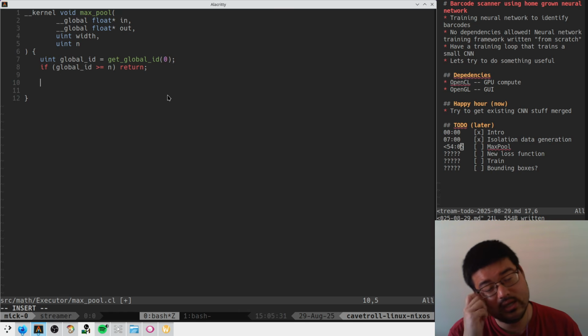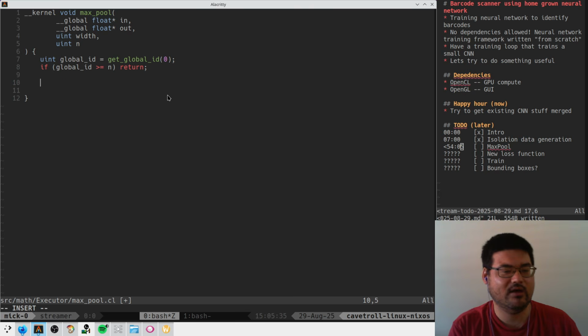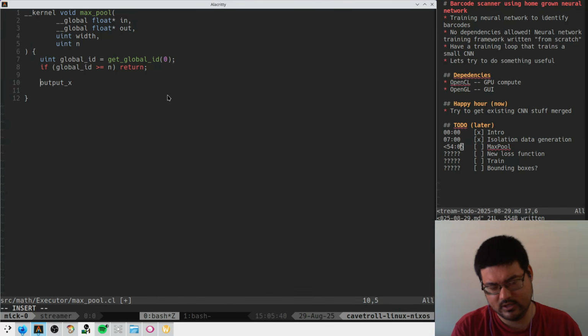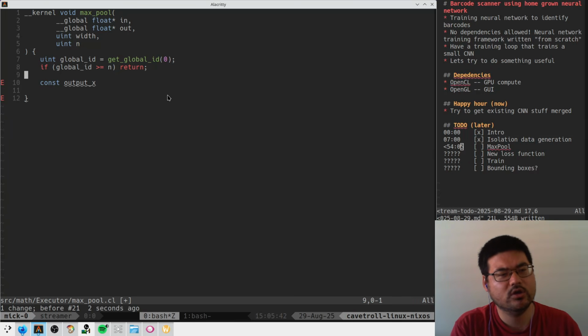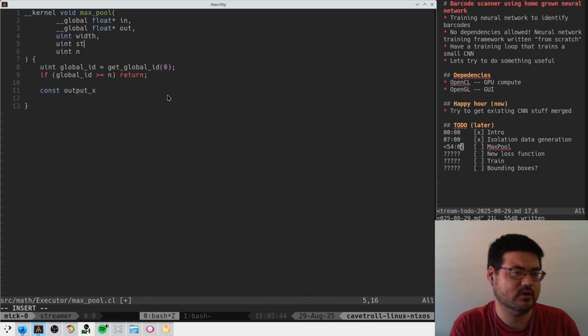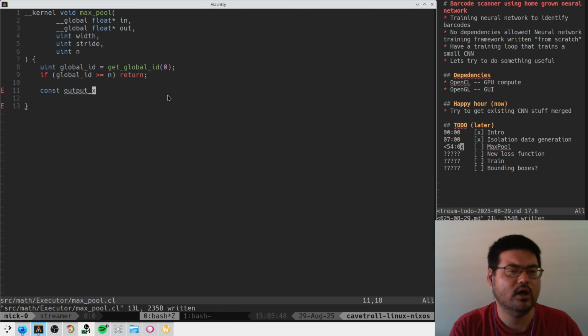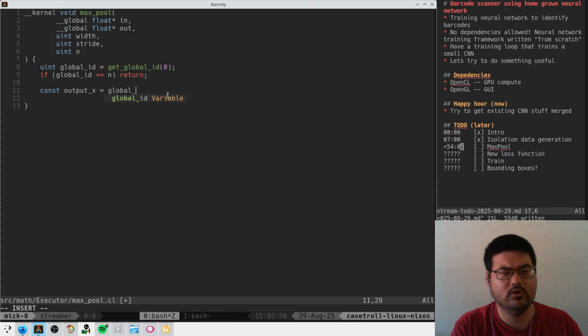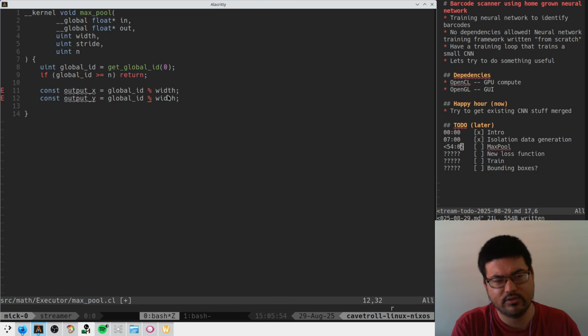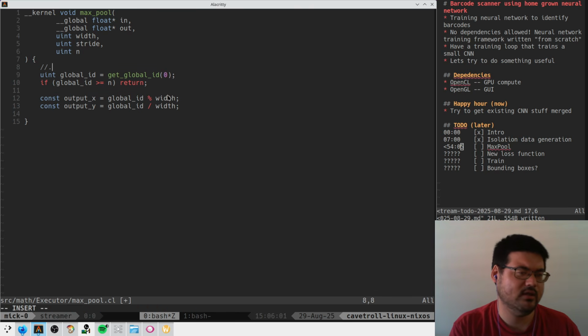So what's going on here? I guess we have our output X and output Y, which are going to be useful in some way, right? And then surely we have stride in here as well, probably. So this is global ID percent width, and our output Y is this over width. So I guess this is all we need. But we're probably going to be max pooling. This is probably going to be like